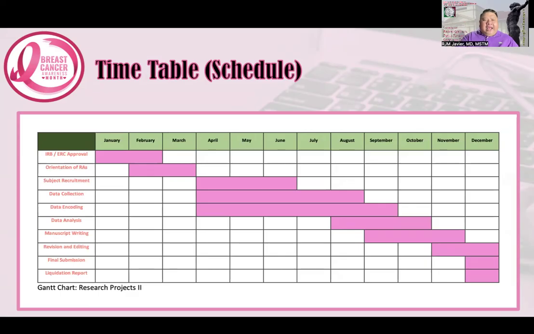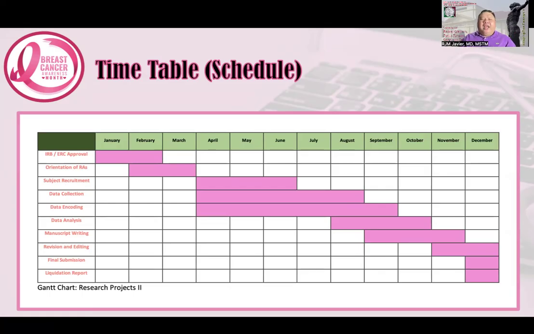Notice that here in the Gantt chart, your data collection should already commence come April 2025. And you should at least have the complete data collection by August 2025, because come September, October, November, just like the third year medical students now, they are synthesizing their data. They're encoding, they're analyzing their data. They're already starting to write their final manuscript, because our final research presentation would be sometime in November of this year. So we're also presenting the same Gantt chart to you.